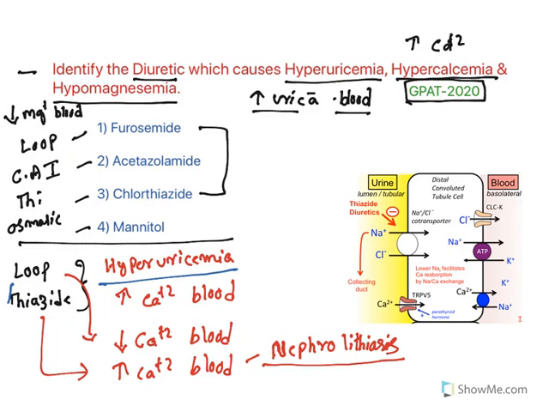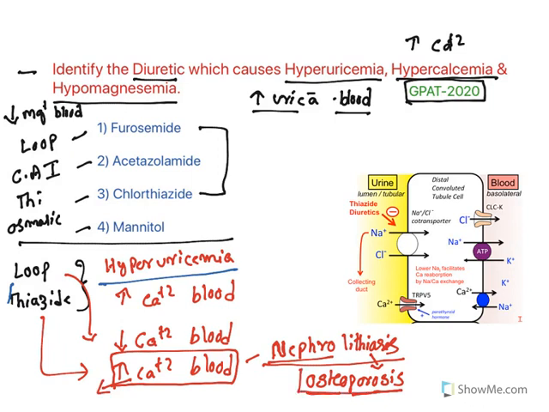How and why? Because they reabsorb calcium from the nephron to the blood. They reduce the amount of calcium in the kidney. So stone formation in the kidney reduces. Not only this, they are also used to treat osteoporosis. Osteoporosis is a condition wherein osteo means bone, pores means kind of holes. This occurs because of deficiency of calcium. When thiazides are used, calcium is reabsorbed into the body and it could treat this osteoporosis condition.